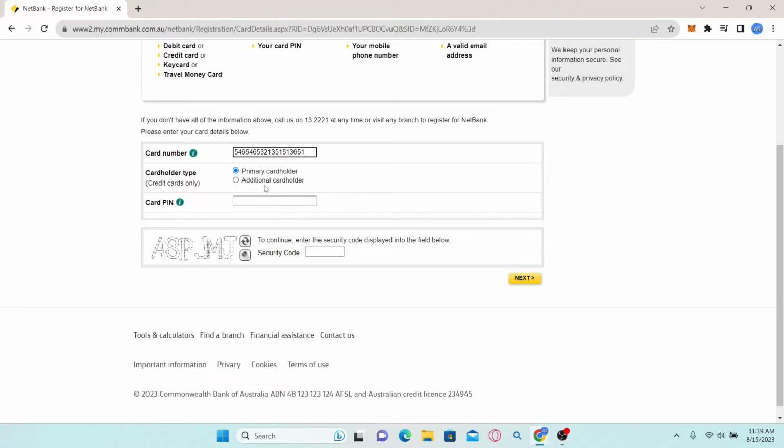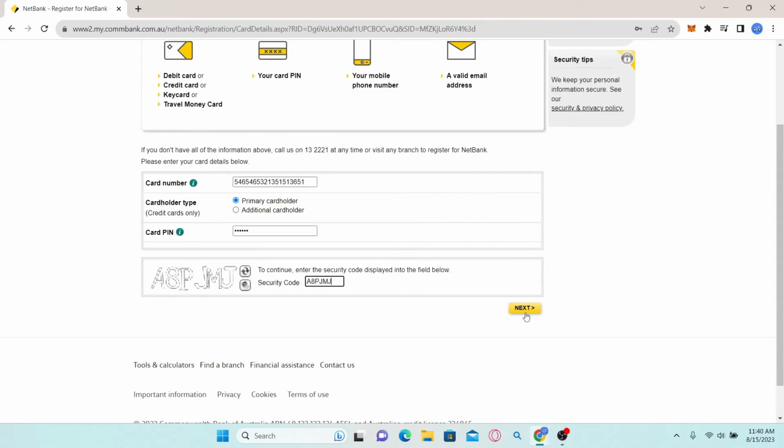Type in your card number and then select your cardholder type. Now type in your card PIN and then enter the security code that is displayed in the captcha image. After typing in the captcha code correctly, you can click on the next button and then you will be asked